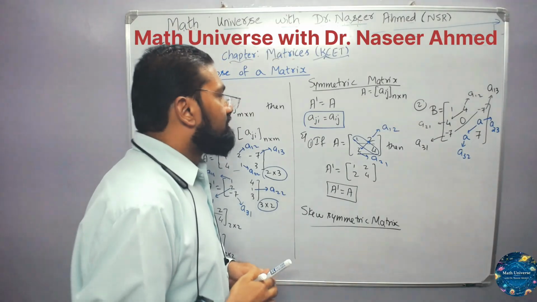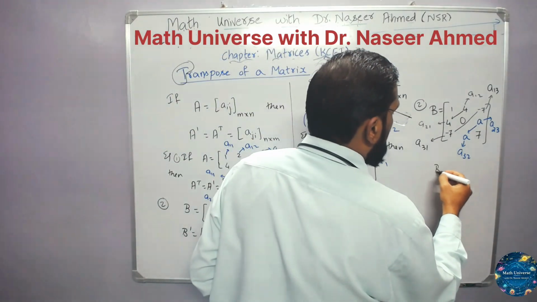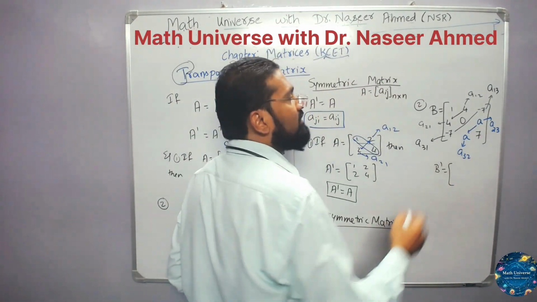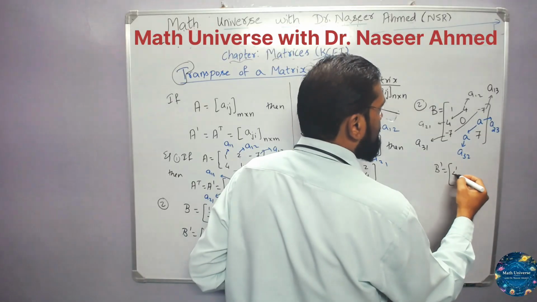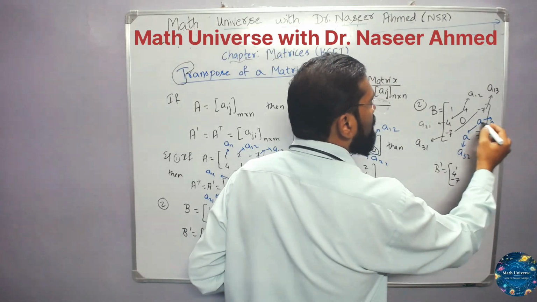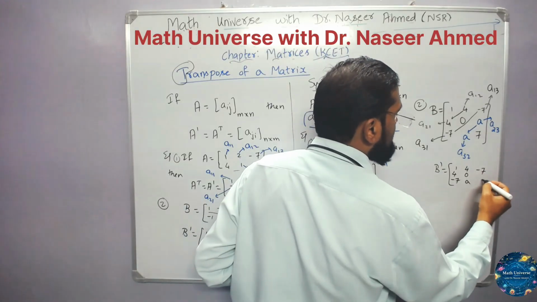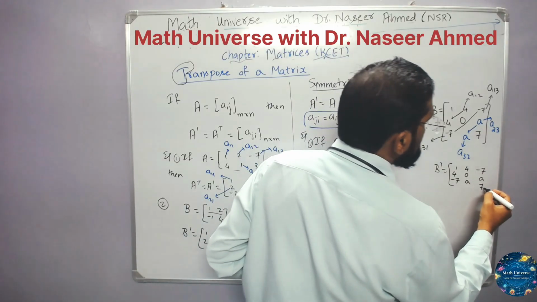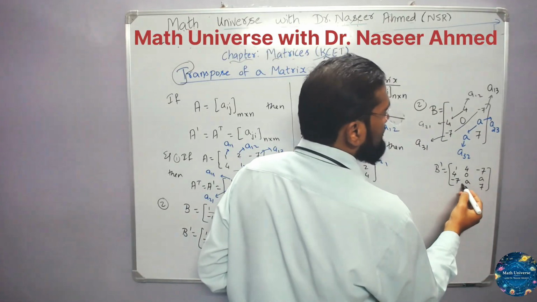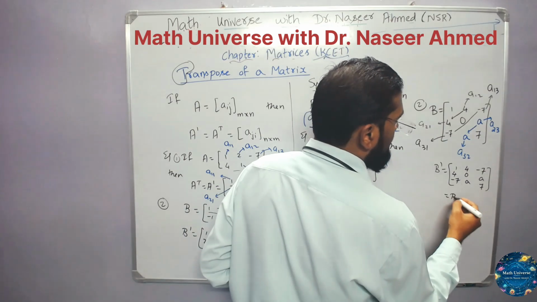Okay, fine. So here you can see very clearly, if I take B transpose, even with the definition, the first row will change to the first column: 1, 4, minus 7. Second row, 4, 0, A, will change here to 4, 0, A, and the third row will be the third column: minus 7, A and 7. And you can see it's the same as this matrix,